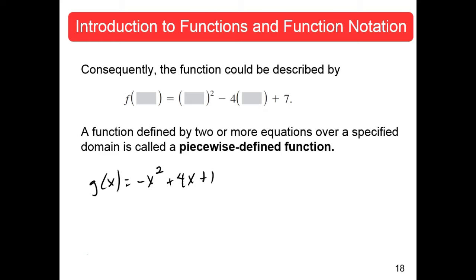What we want to do is find each function value. What is g of 2? How would you do that? Plug it in. What would I do? Minus 2 squared plus 4 times 2 plus 1. And by the way, when you see a number written next to a variable, that means multiply. You don't write number next to number, that would be 42. That would be hard to see. You put that in parentheses.